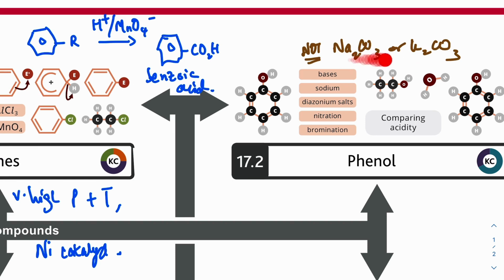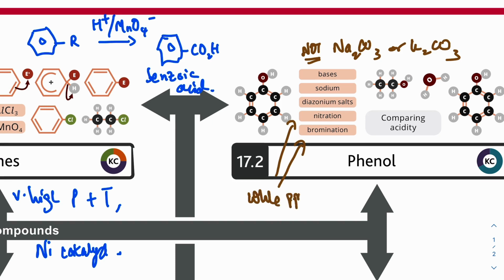So normal acid will react with these two to give you salt, carbon dioxide, and water, but not phenol, because even though it can react with NaOH or KOH, it can be neutralized. It's acidic, but it's too weak to react with carbonate. It can react with sodium because it's got OH. It can react with diazonium to form the azo dyes, as I talked about earlier. It can nitrate and brominate